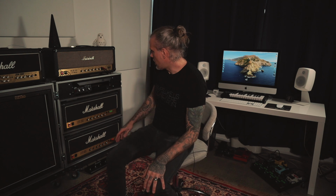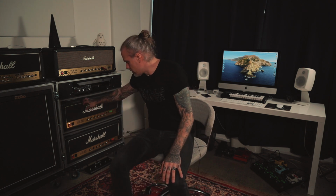Matthias Dörngren, who mixed the album, put a little bit of delay on the leads. That was it. And for leads I used mostly the 6550. I did a couple of leads with the EL34. Okay, then